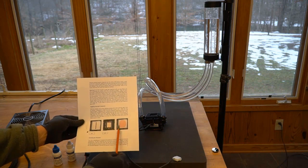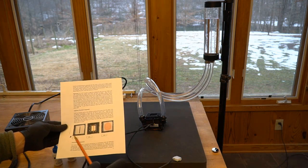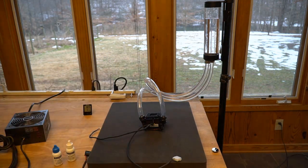The less thermal paste you have between the IHS and the cooler, the better cooling you're going to have. That's why we lap them. So that's that. I'm just giving you some background info. I'm also giving you